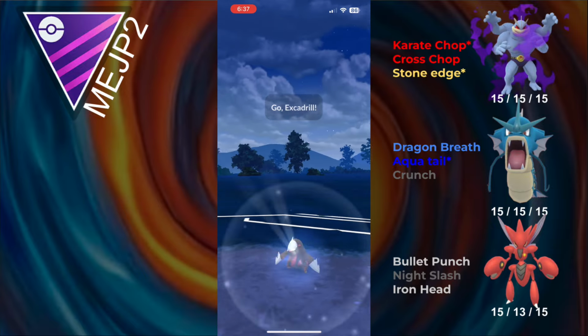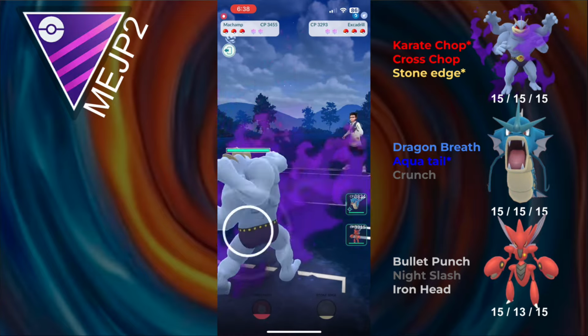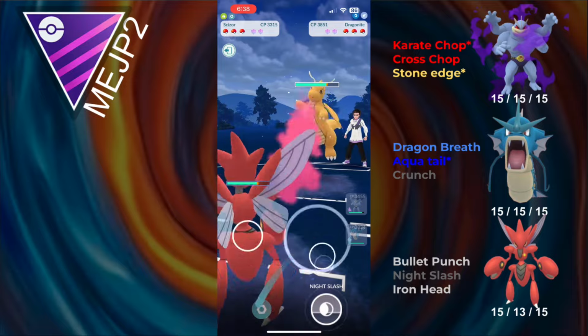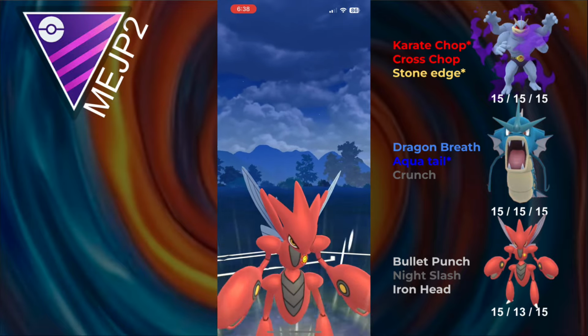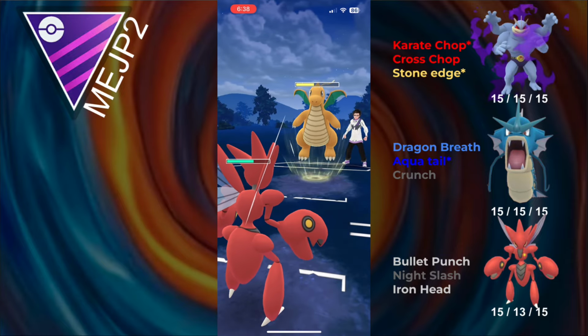Alright, so into the first battle, and we lead Machamp into Excadrill. Absolutely amazing lead, because we're just going to consistently outpace them. Opponent safe switches Dragonite, and the main problem with Dragon Breath users being safe switched for me is I don't have a really hard answer. My best answer is probably Scissor, but Scissor will still take some pretty heavy damage